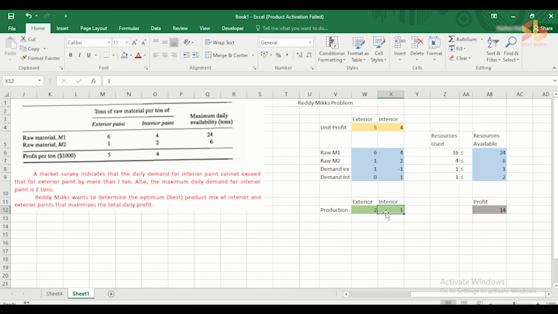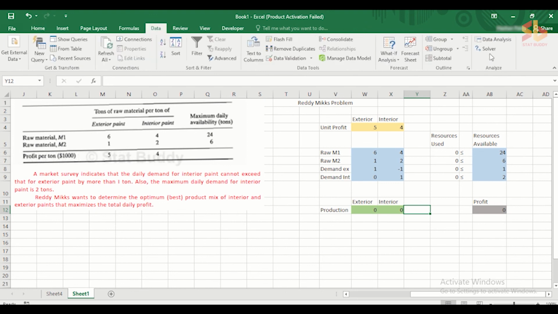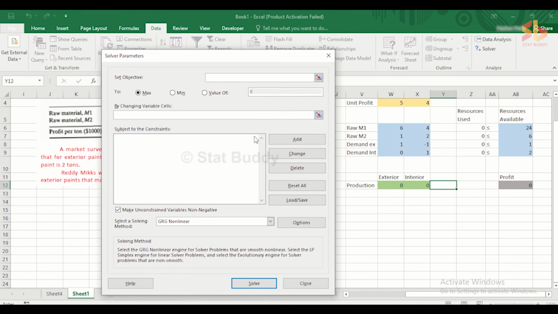So here it is somewhat hard, so we set these numbers to 0 and we are going to Solver. Here you have to fill these arrays correctly. The objective is to maximize the profit, so give that objective cell here. It is to maximize, which is given by default, by changing the variable cells in the production. So we have to change the production. These two cells should be containing the decision